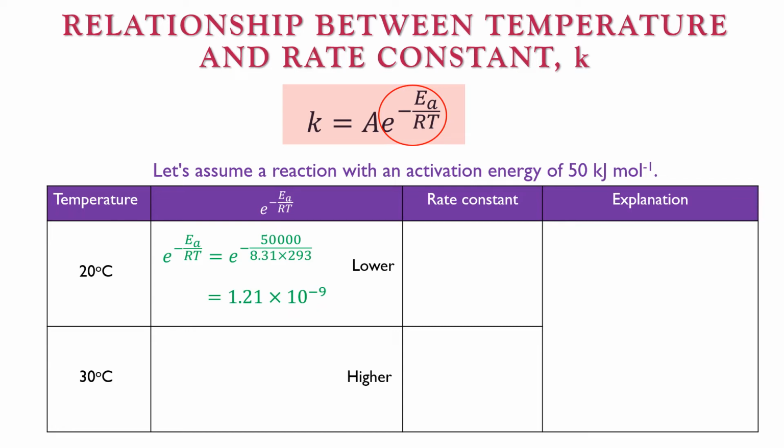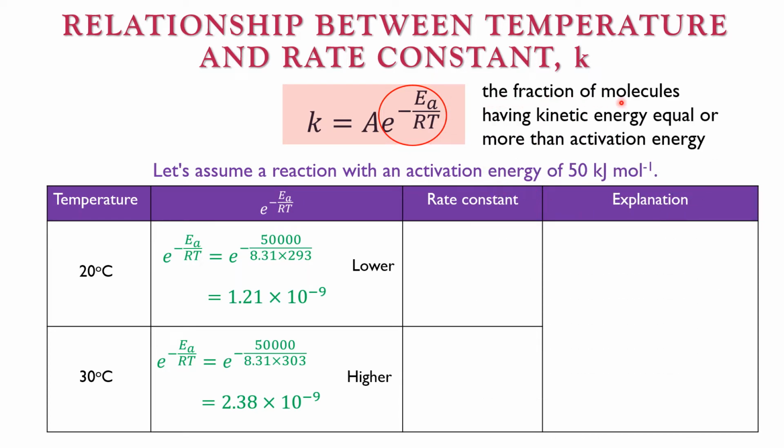The second reaction is conducted at 30 degrees Celsius. So, when we calculate the value of exponent negative EA over RT, it will be 2.38 times 10 power of negative 9. So, dekat sini kita boleh nampak dengan jelas apabila ada peningkatan suhu, value exponent negative EA over RT turut meningkat. For your information, the value of exponent negative EA over RT represents the fraction of molecules having kinetic energy equal or more than activation energy. So, kalau nilai eksponen negatif EA over RT ni rendah, maksudnya sikit sahaja molekul yang mempunyai cukup tenaga untuk membuat sesuatu reaction. Kalau value eksponen negatif EA over RT ni tinggi, maksudnya banyak molekul yang mempunyai cukup tenaga untuk membuat